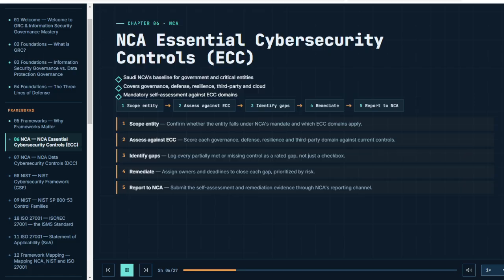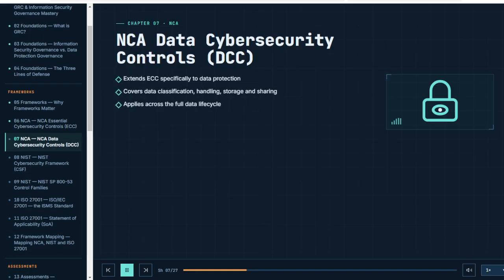ECC domains. The data cybersecurity controls extend the ECC baseline specifically into data protection. They cover how data is classified, handled, stored, and shared, and they apply across the full life cycle of the data, not just at rest. In summary, extends ECC specifically to data protection, covers data classification, handling, storage and sharing, applies across the full data